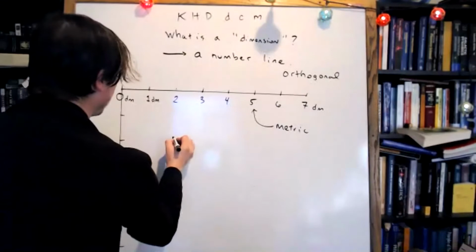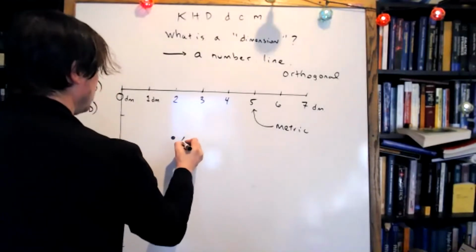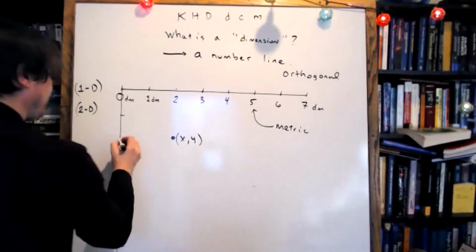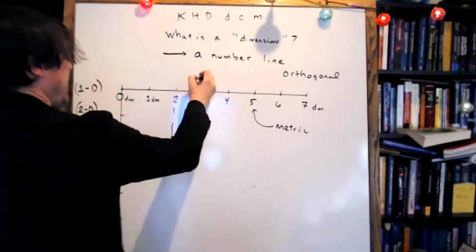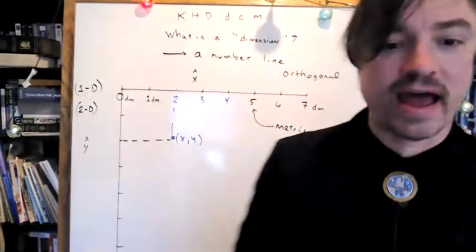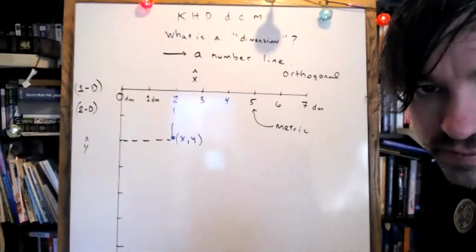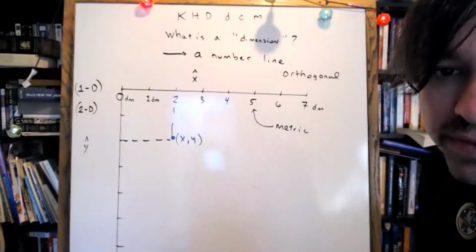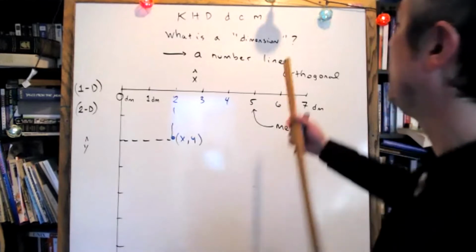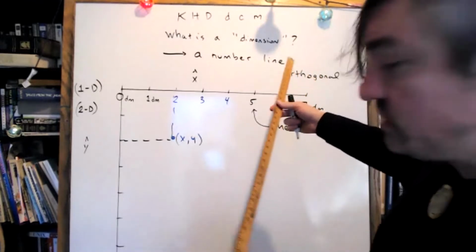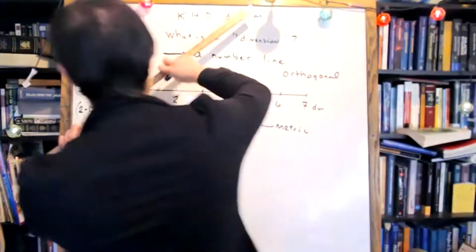And now I can grid out a set of coordinates, x comma y, that tell me how far I am from the x-axis and how far I am from the y-axis, okay? 2D is a tabletop. How do I get to 3 dimensions? Well, I'll need another number line that is orthogonal to the first 2, that has no components in either direction.